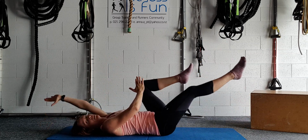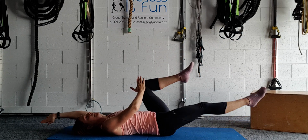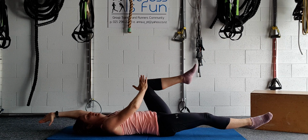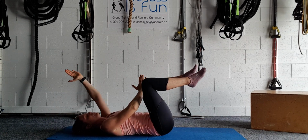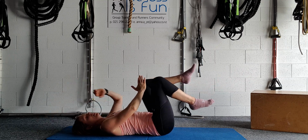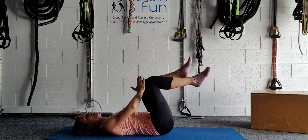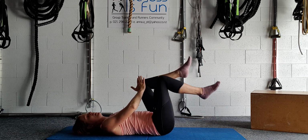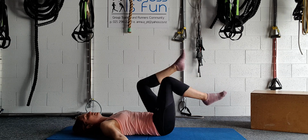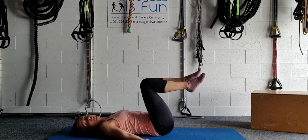Advanced, you can even try this with a mini band around your ankles if you want a bit more, or around your knees, and just work in the range that band can go in. If it's easier, you're just doing the leg, keep that back push towards the ground and trying to breathe, or just no hands and you're just tapping that leg down, pushing your back in. Right,